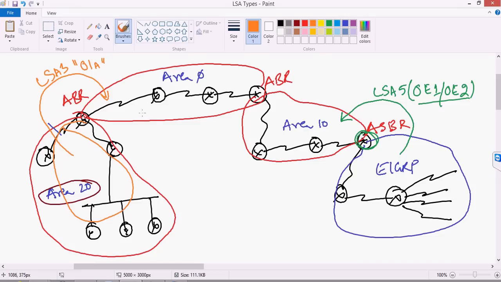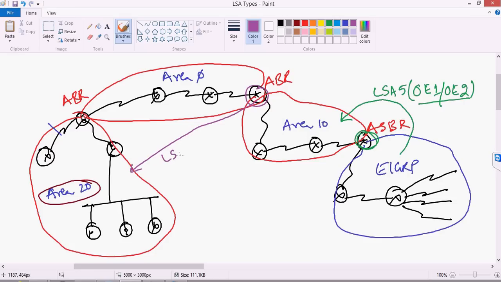And LSA 5s are technically the external routes, the routes getting redistributed into OSPF. Output wise, you'll see them as OSPF external route type 1 and external route type 2. This type 1 and type 2 we have also seen and discussed in the OSPF redistribution topic. Okay,